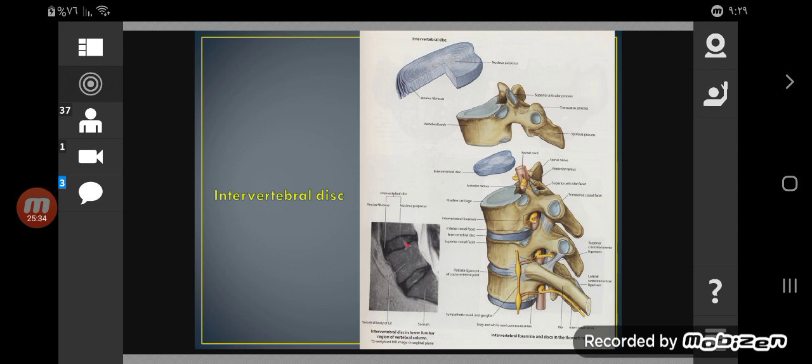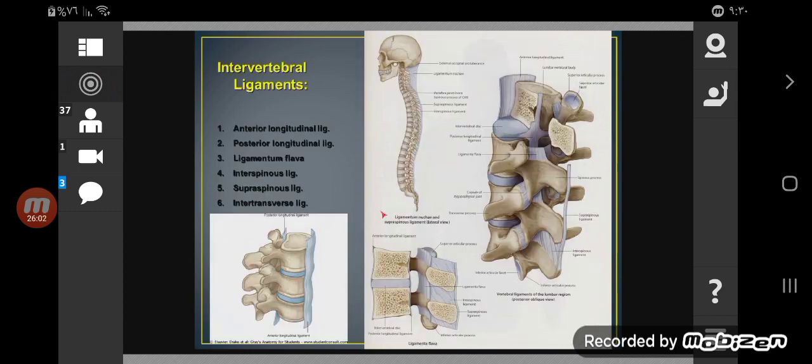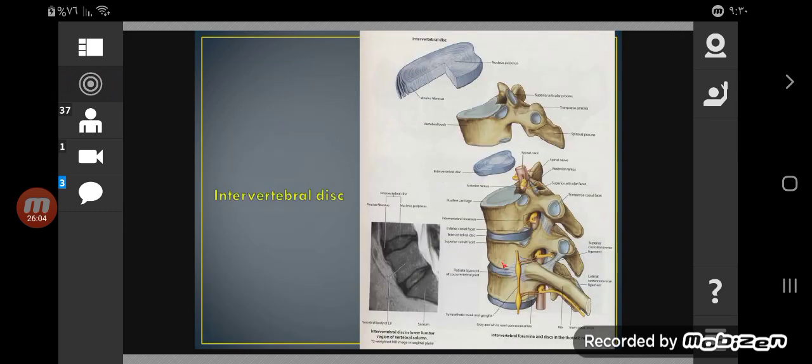Okay, and you can see here this is the vertebral canal, and this is the intervertebral disc. You can see the nucleus pulposus, and sometimes the nucleus pulposus moves completely posteriorly, and because of this will compress the spinal cord because of this direction. All right,